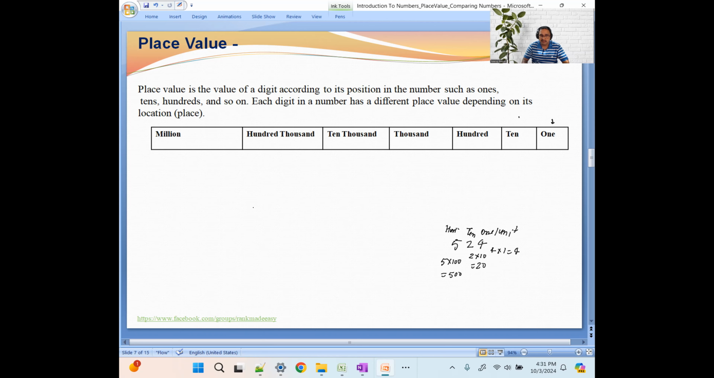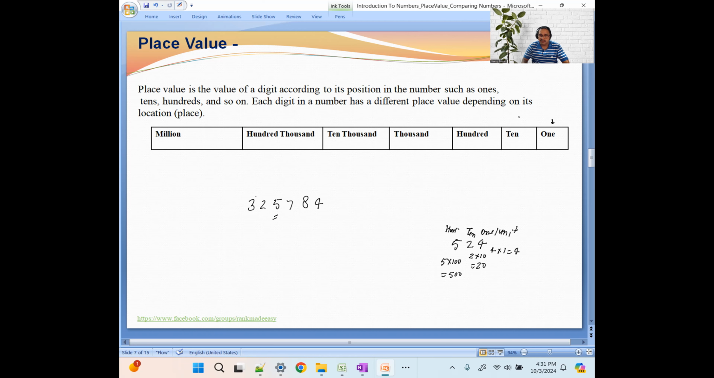Let us say you are given a little bit bigger number, 325,784. If you need to find out the place value of 5, how will you do that? You have to write this number